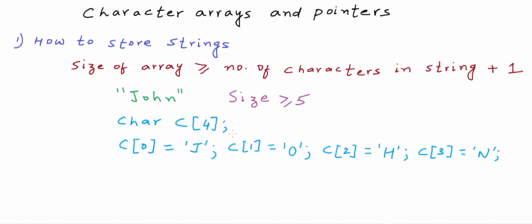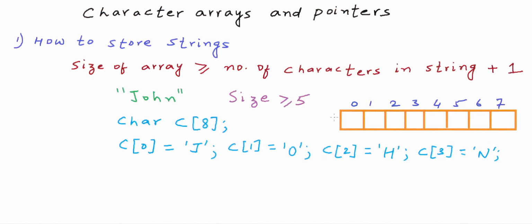Let's say we have a character array of size 8. Let's say this is a logical view of our array C, and we want to store the string John in this particular array. We have indices from 0 to 7, and this is an array of size 8. So we can store J at the 0th index, O at the 1st index, H at the 2nd index, and N at the 3rd index. So we have stored all the characters of the string John in this array, but if you see, we have